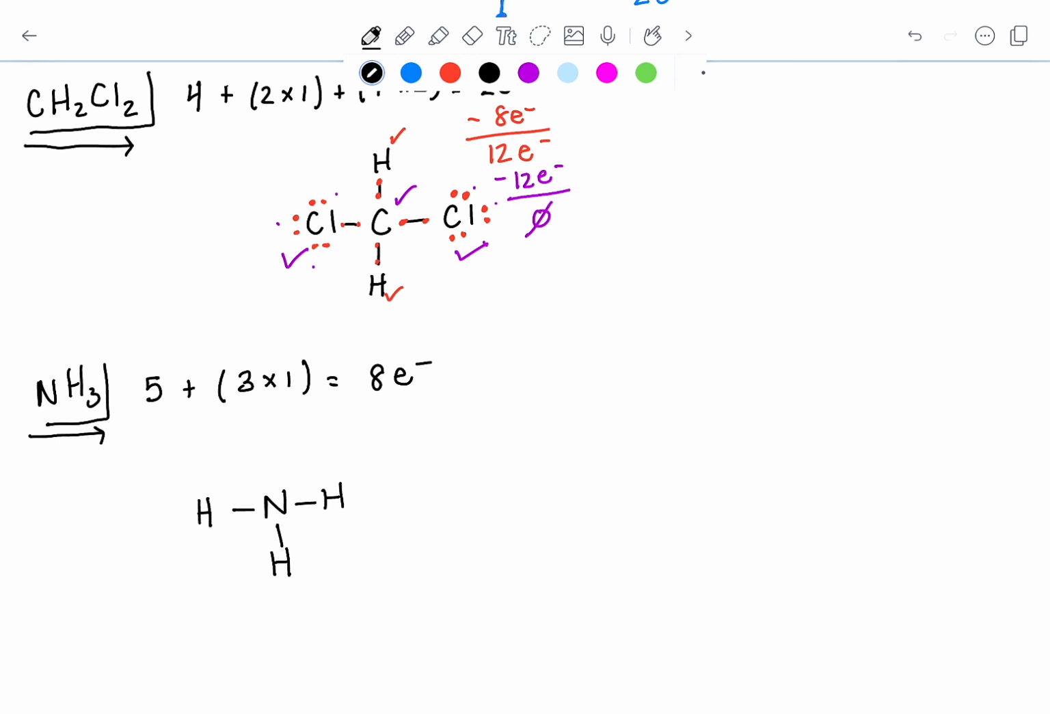I now subtract the number of electrons I used to make those bonds from my total. So I used up 1, 2, 3, 4, 5, 6 electrons to make those bonds. So I'm subtracting off 6 electrons. And I have 2 electrons left. So